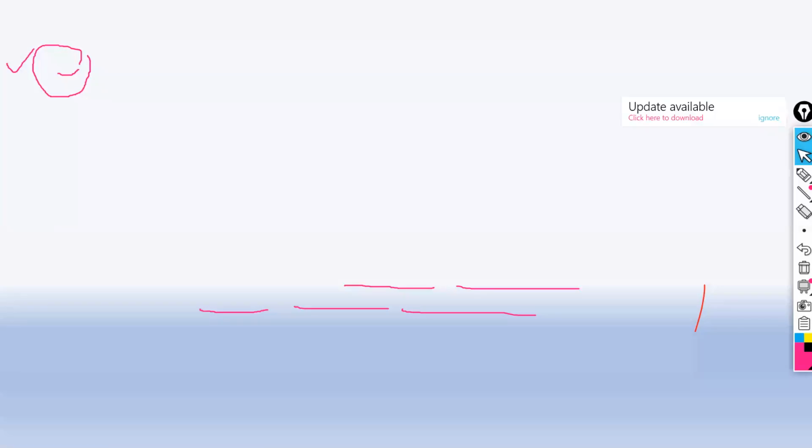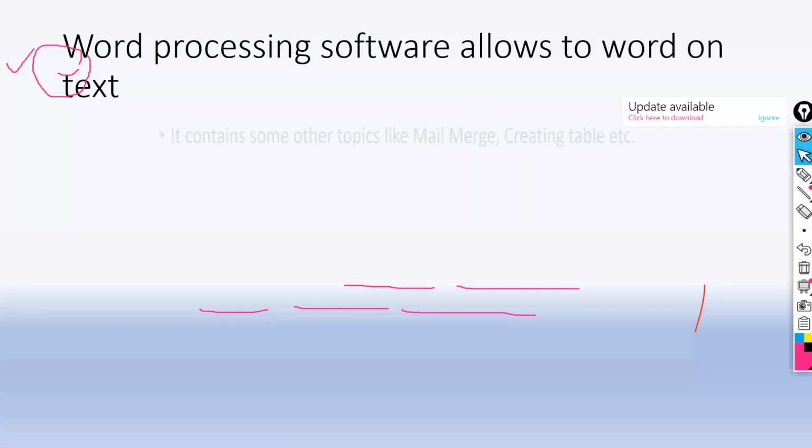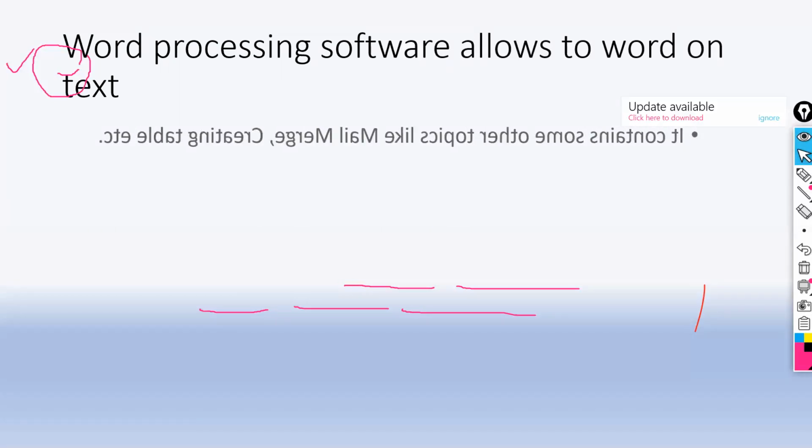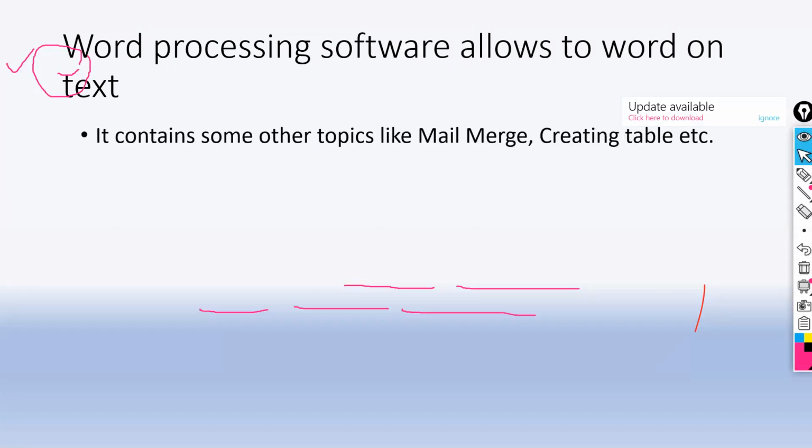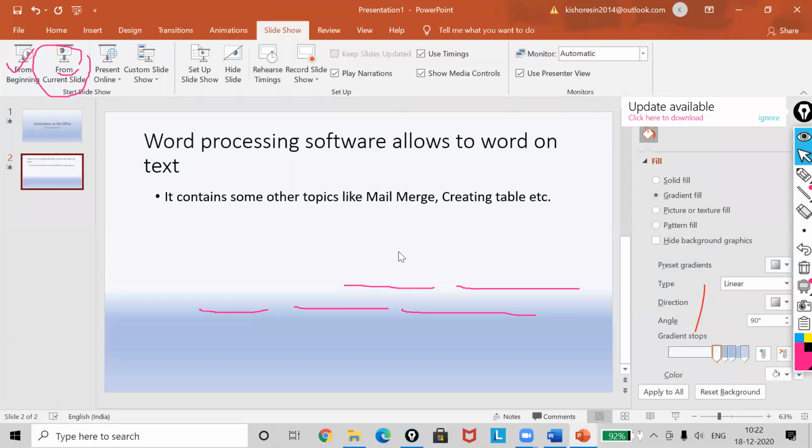So already in the class I discussed, you can advance the slides in two ways. Yes, look at your presentation. The first one is the automatic one and the other one is the manual one. So how you want is up to you. Okay. Now you can record your slideshow also.